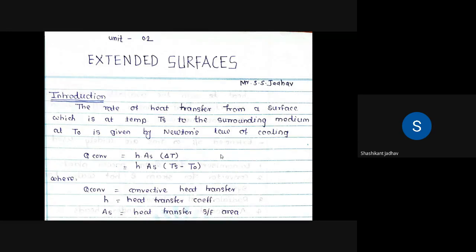Okay, so write down this: Q convection is convective heat transfer, H is the heat transfer coefficient, and As is the